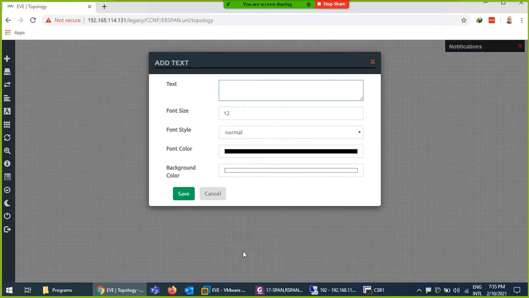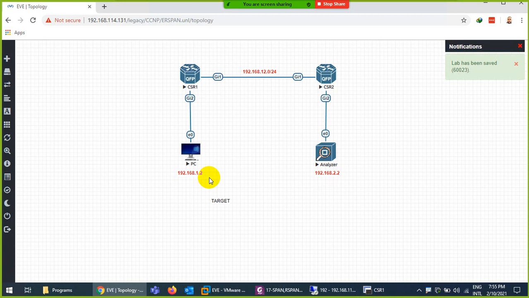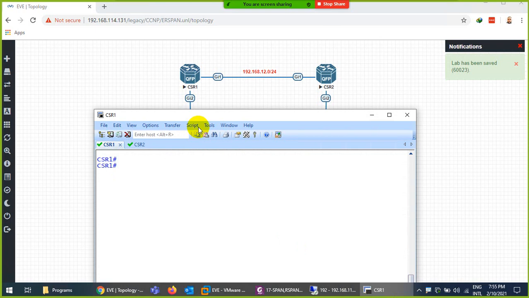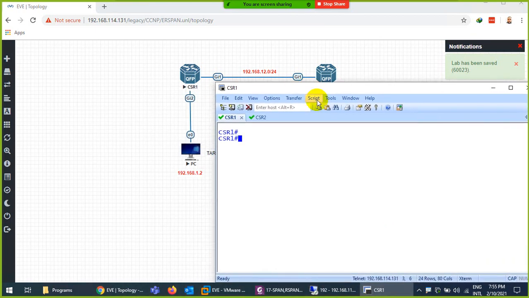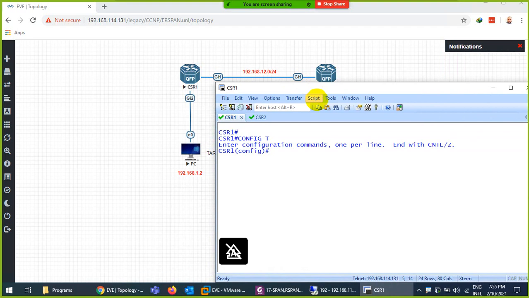Okay, so my target is here. This PC. And the analyzer is here. So I will go to CSR 1, where the target is. Let me turn off the capture. Okay,